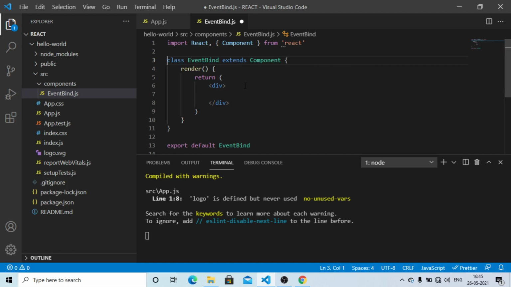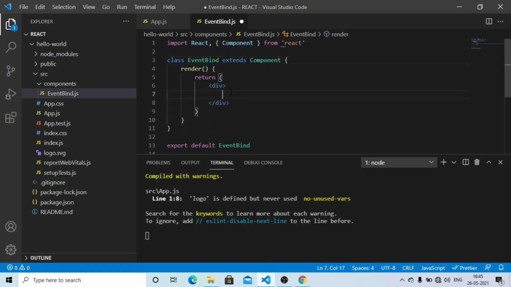Now what we are going to do here is create a button named click and a message hello above the button, and when we click on the click button the message should change from hello to goodbye.